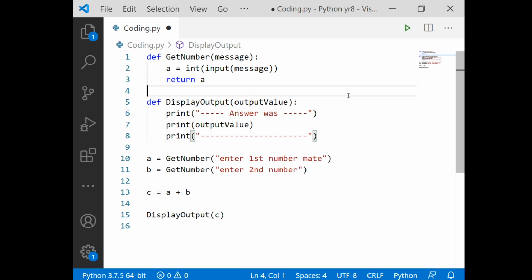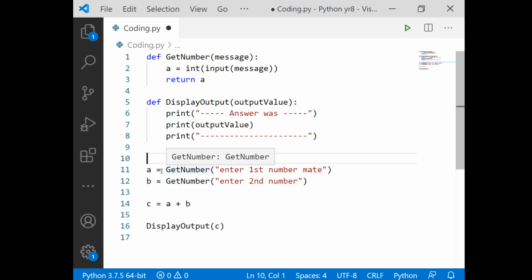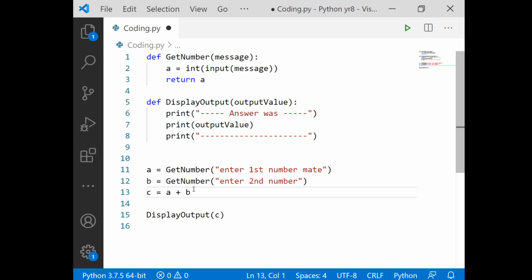But the main block of my code now looks like this. So the logic of what I'm doing is clear. How the input and output works is an issue that I don't want to worry about when I'm looking at the logic of my code.